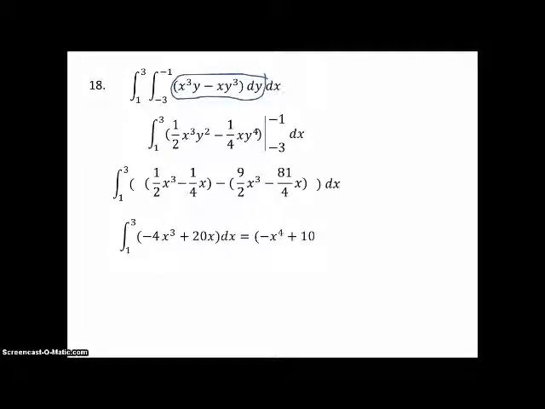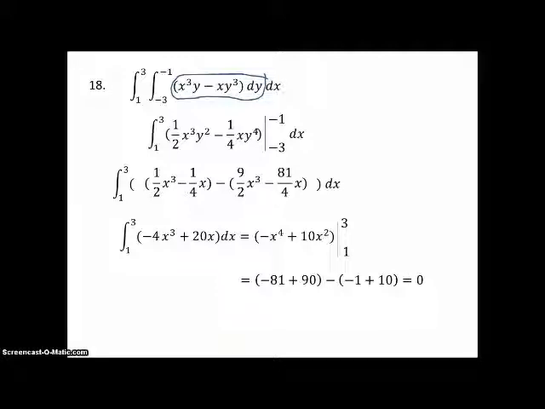So we plug in the -1 and the -3 for the y values and subtract. And that's going to be integrated with respect to x, so we'll simplify it first, collecting like terms, and then take the antiderivative just the way we always used to, and finally evaluate from 1 to 3, and we get